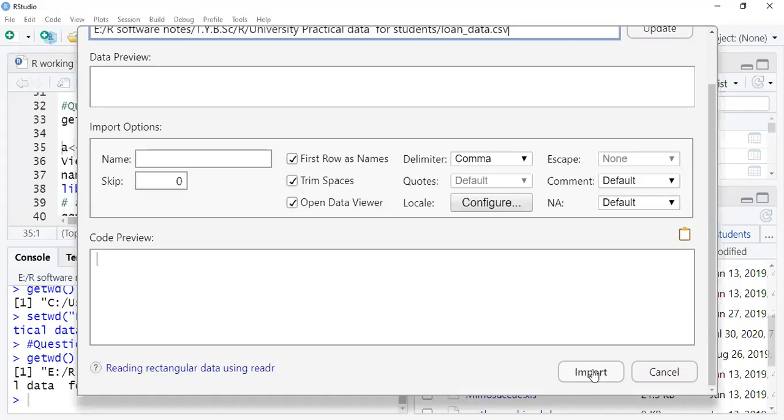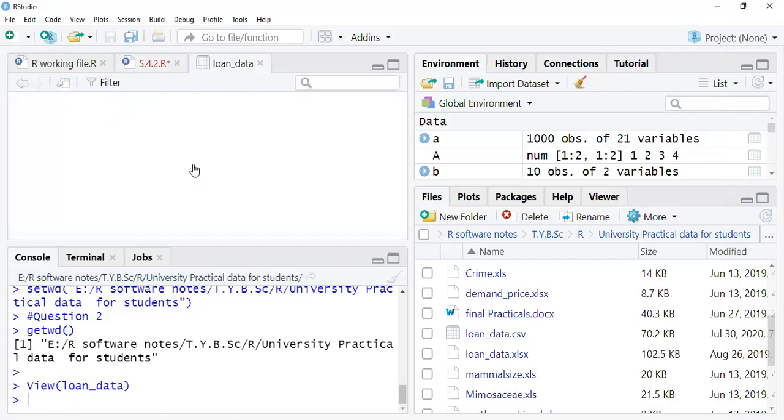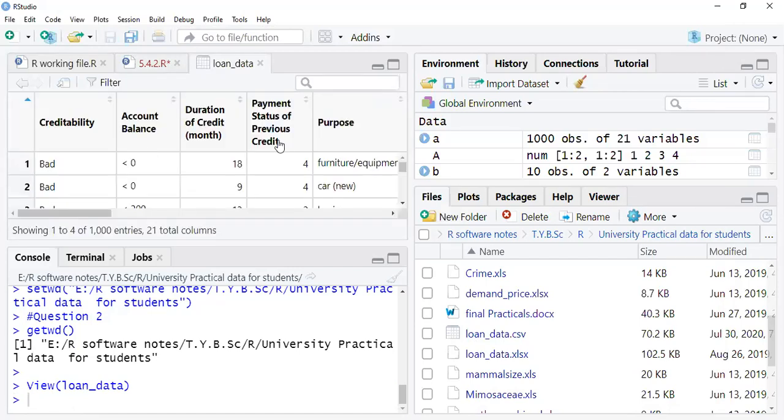Now you just type view and write your file name, loan underscore data. Just type loan, and automatically it will show you loan underscore data. Just execute this, and a new tab will open where you can see the file.